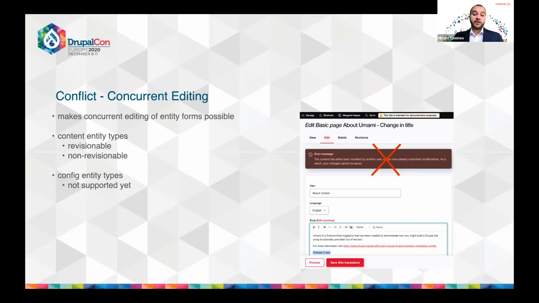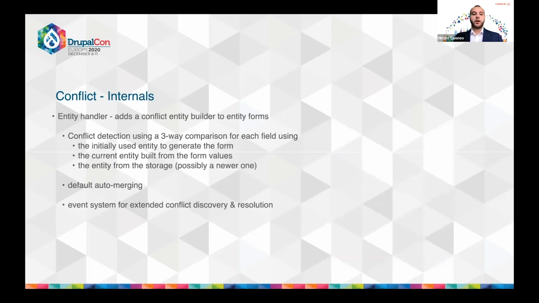And even if they also have changes, but on different fields, they will also be prevented from saving. That's what conflict solves with the concurrent editing feature, which works out of the box for all kinds of content entity types, revisionable and non-revisionable as well. It basically adds an entity handler for all content entity types and solves and detects conflicts and resolves them through